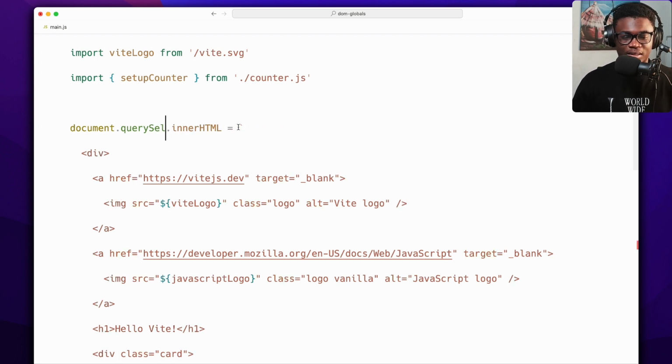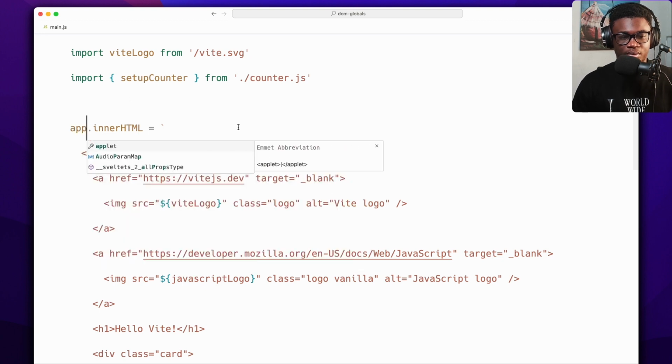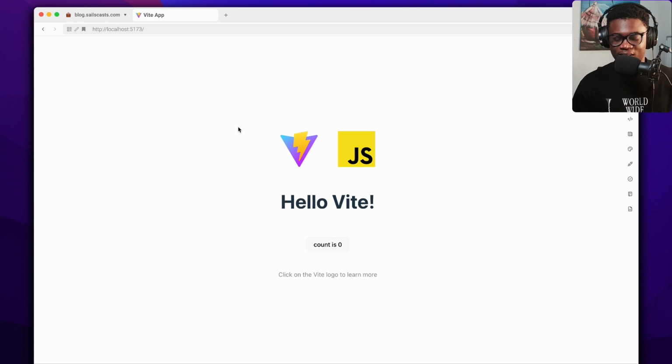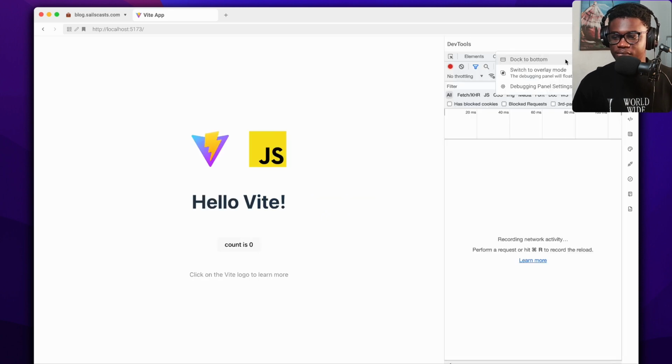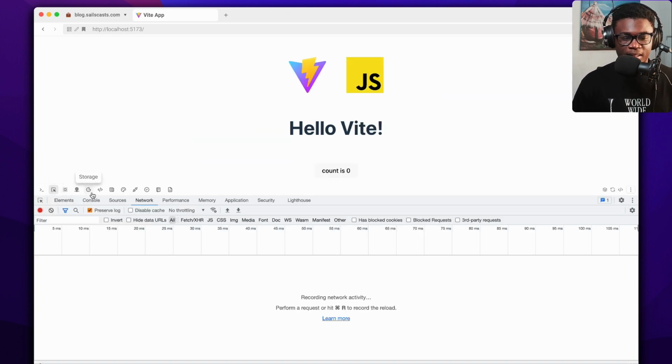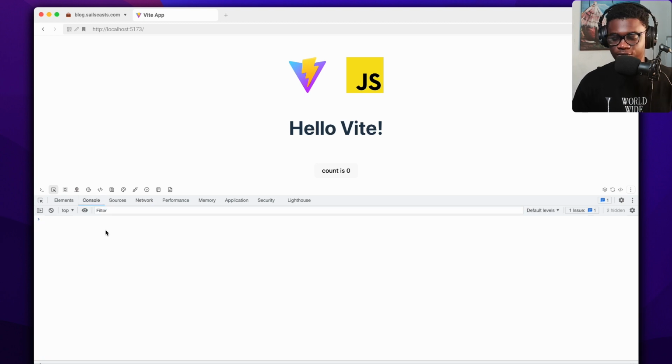If I do this now, if I do app, do you think this is going to break? Let's find out. And for the sake of sanity, let's refresh. It's still accessible. You might be saying, why is that accessible? Let's check out the dev tools. Let's check out the console. If we do app,